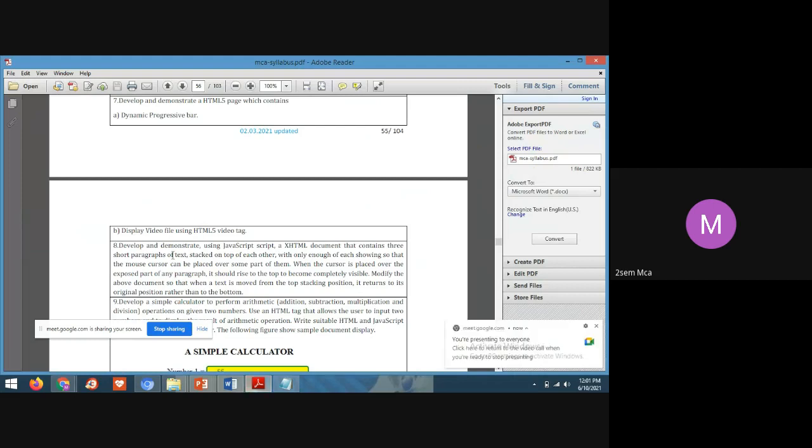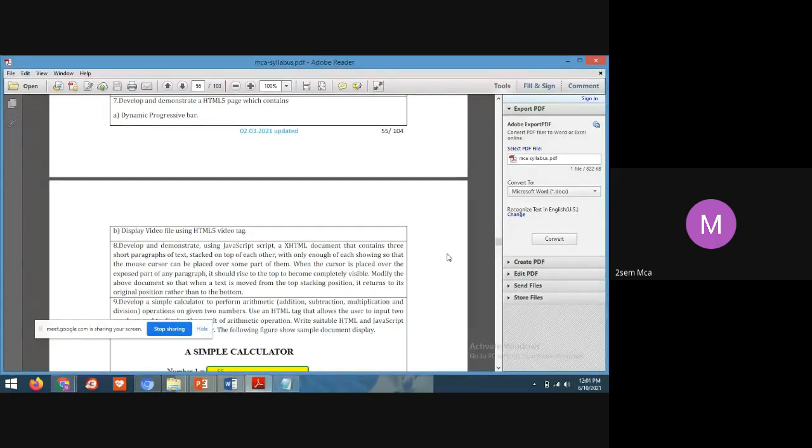Yes, students, you see the question. I'll read the question. Develop and demonstrate using JavaScript an XHTML document that contains 3 short paragraphs of text. Means you have to develop a JavaScript program which contains 3 paragraphs stacked on top of each other, with only enough of each showing so that the mouse cursor can be placed over some part of them.